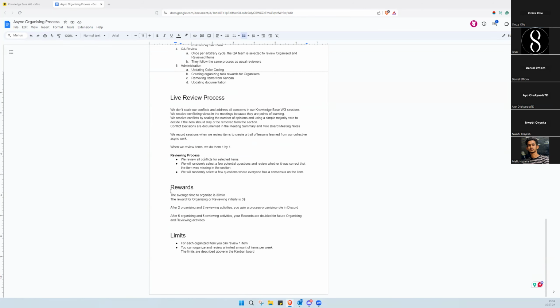So what it's all going to be rewarded for. The average time to organize is about 30 minutes. So we have decided that the reward is going to be $5. After organizing and reviewing 2 items, you can process organizing role in Discord. And after